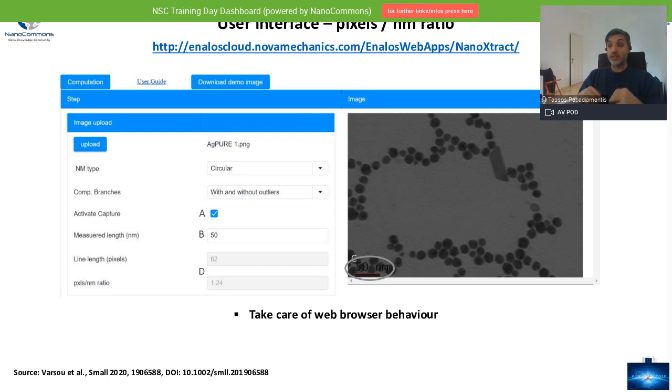If you do not do that, and you perform the scaling on the zoomed image, then your results will be totally off. So we will try to run an example like that so that you can see the difference in the values. But more or less, be very careful when you use this tool so that you always do the scaling using the full-sized image. From then on, from the next steps, you don't need to do anything. In these cases, Firefox works better because you can see the entire image and the labeling and so on. So it's going to be a lot easier to use. So it's just a matter of preference.